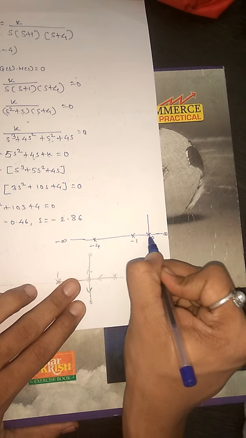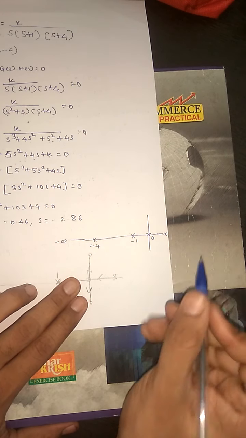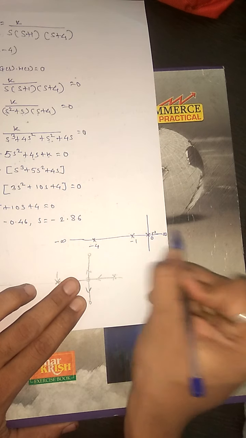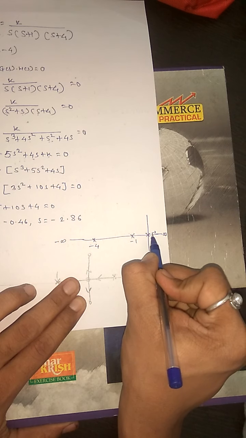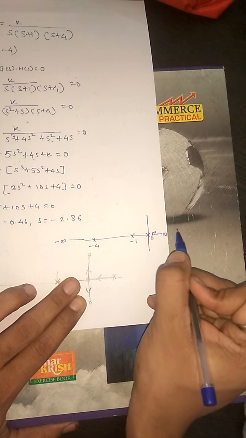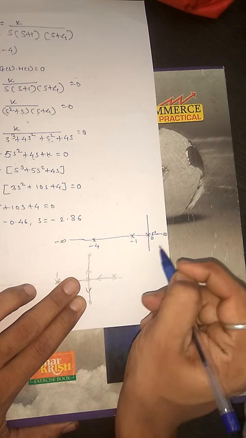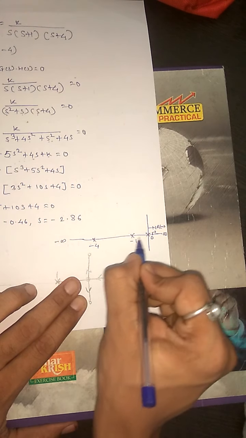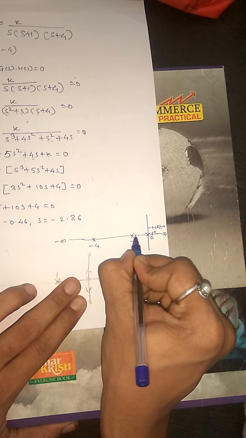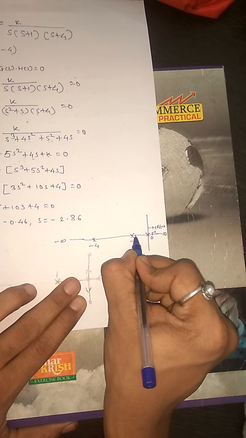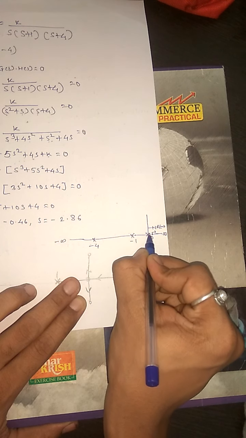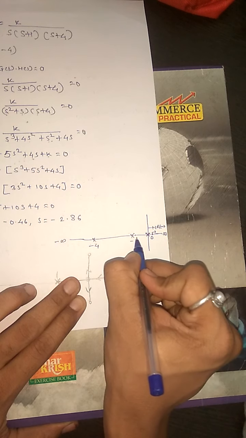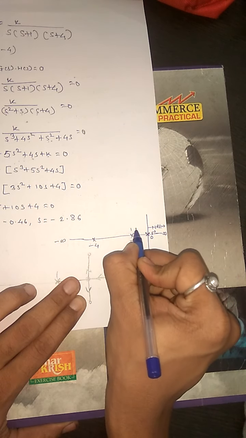Check in the region infinity to 0 whether it is a root locus region or a non-root locus region. How are we finding it? Put one point in that region and check on the right hand side of that point. Anywhere in a region, put your pen tip and check on the right hand side. There is no pole or zero present, that's why this is a non-root locus region. Then the next region is 0 to minus 1. Again put one point, check on the right hand side. On the right hand side of this point there is one pole. The count is one, which is an odd figure, so this is a root locus region.